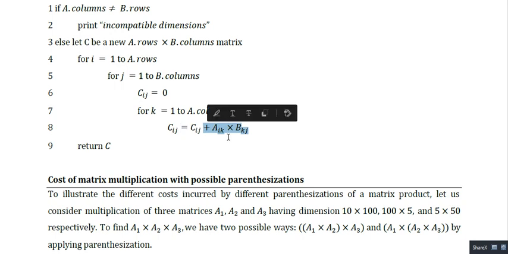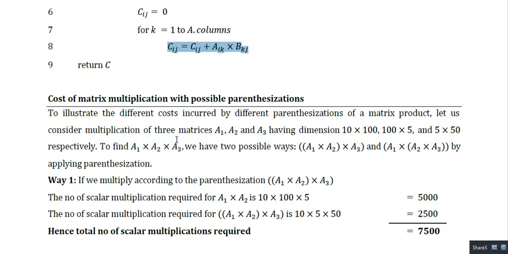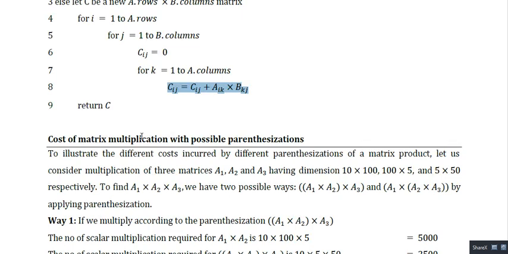So here we can mark one thing. If we are multiplying a 3 cross 4 matrix with a 4 cross 5 matrix, then the result will be a 3 cross 5 matrix, right? So now before going into the solution of this matrix parenthesization using dynamic approach, let me take an example.